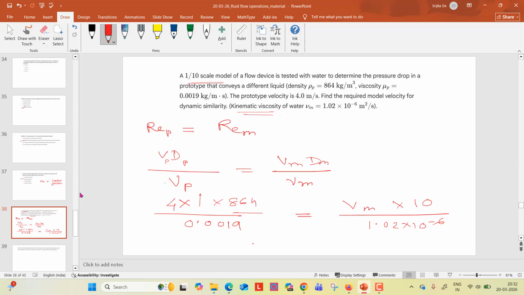So now Vm will be 4 into 864 by 0.0019 into 1.02 into 10 to the power minus 6 by 10. So it will be